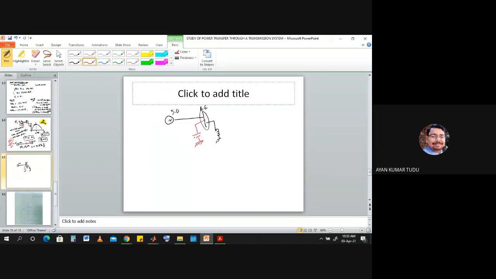Okay, so to increase the voltage at this bus, what we do, we can apply shunt capacitors or switched capacitor banks. So what will happen when, due to some inductive load, the voltage at the receiving end decreases, then we can switch on this switched capacitor so that more VAR can be added to the system, so that the voltage at the receiving end can again go back to its nominal value.